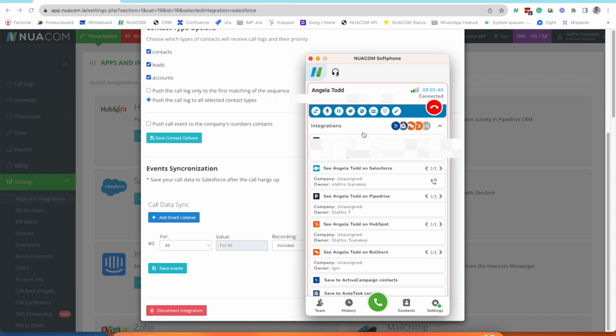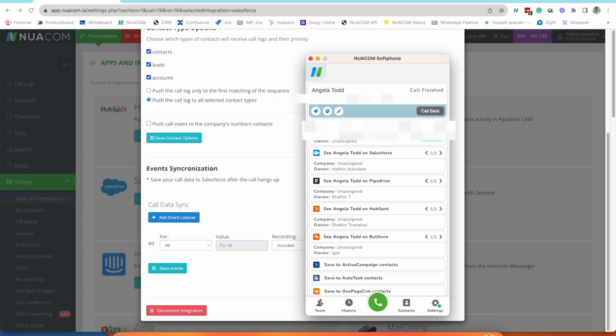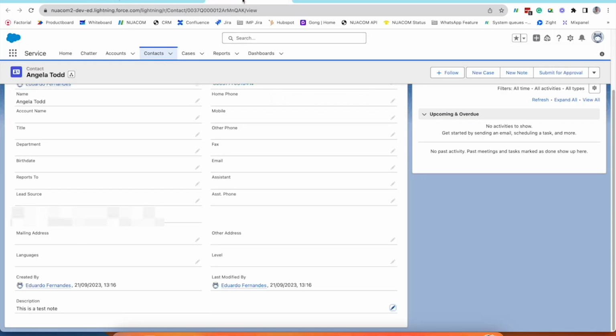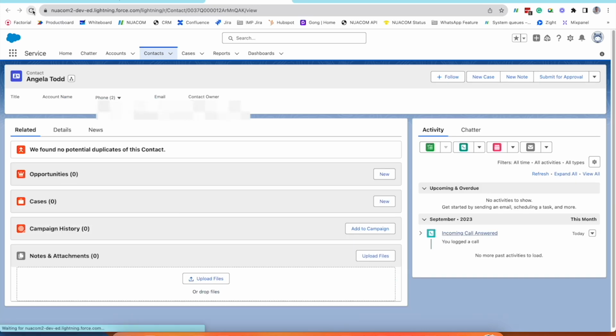And we can also add a tag to the call also. After we have finished with our call, let's hang it up. And go back to the Salesforce integration. If we refresh the page, we can see now that in the activity we have an incoming call answered, and if we expand it,